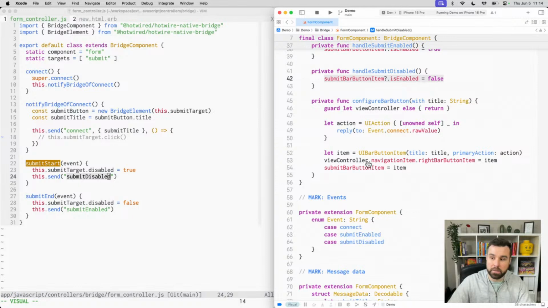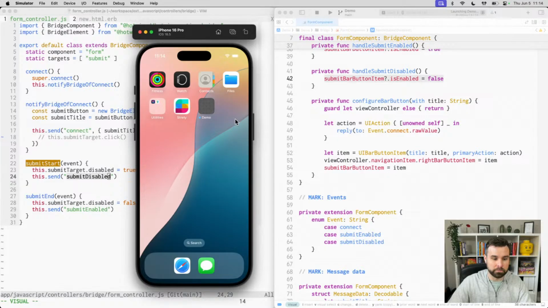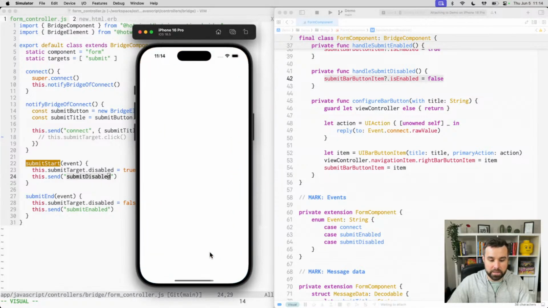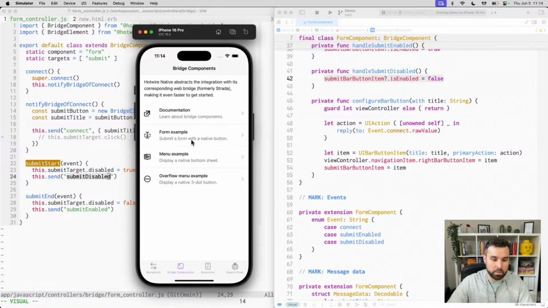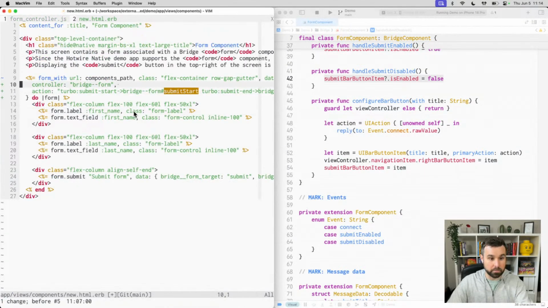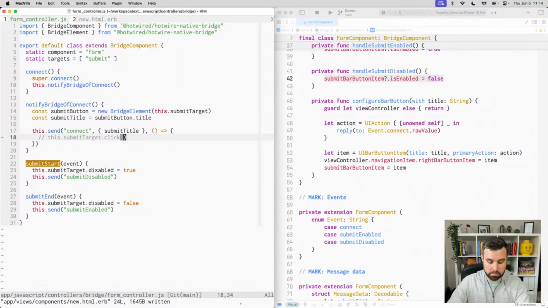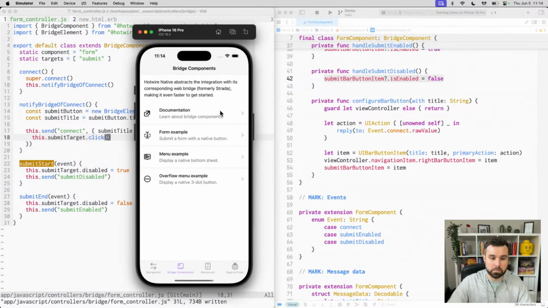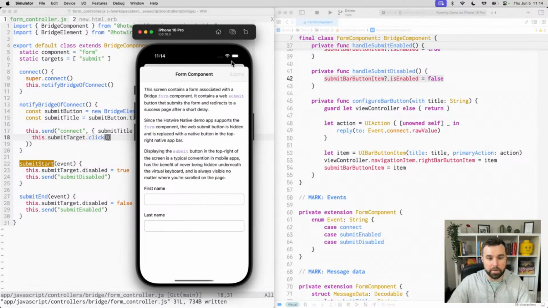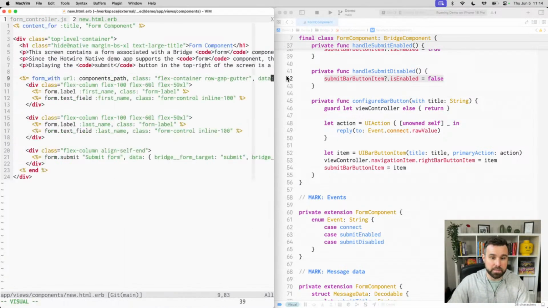That's how we get, well, let me run it again. Change some code there. That's how we get the button to be grayed out when we click it there. I think I have some formatting that's incorrect here. Oh, yeah, and there we go. Now it's disabled for those 5 seconds as the request submits. And then when it's done, we do the same thing but opposite